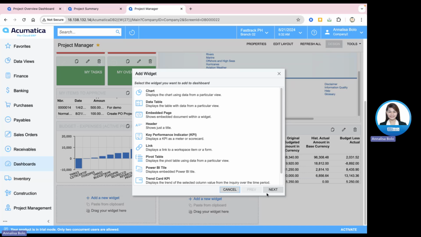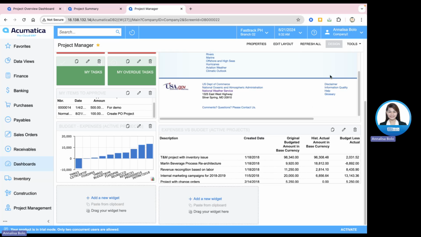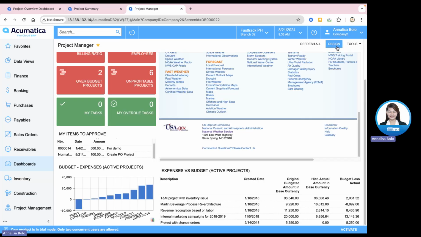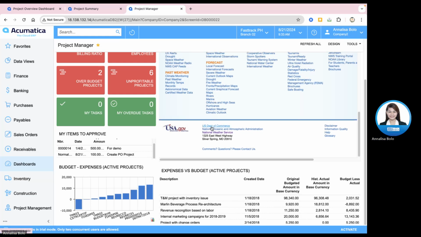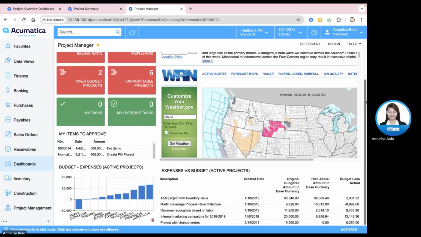So what information will be captured for this particular widget, we can define on the widget parameters or settings. So it's just here on the design tool. So I will just exit the design mode